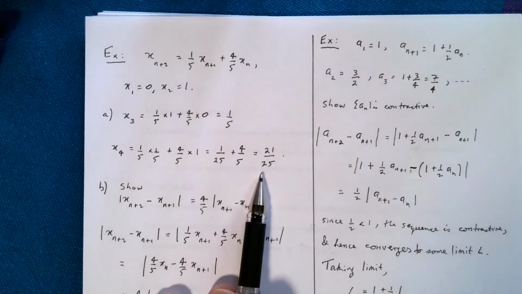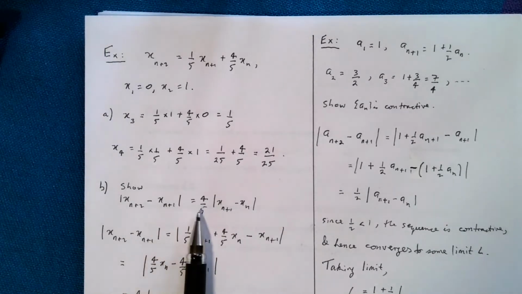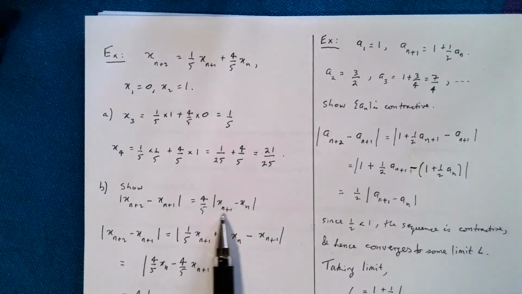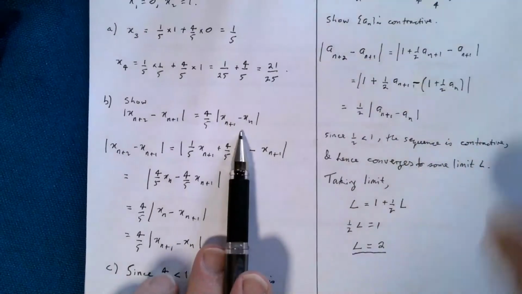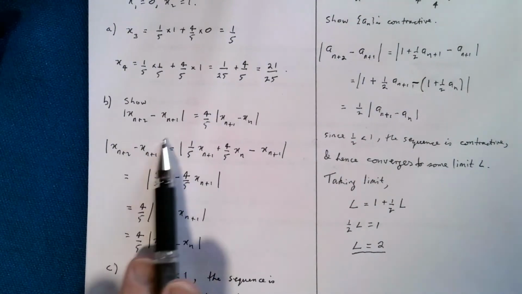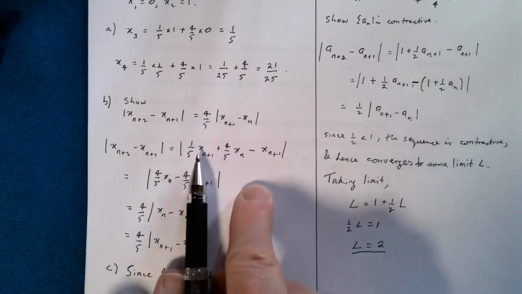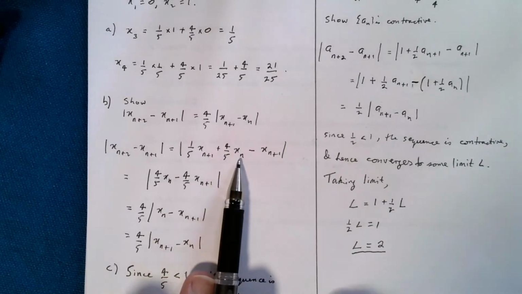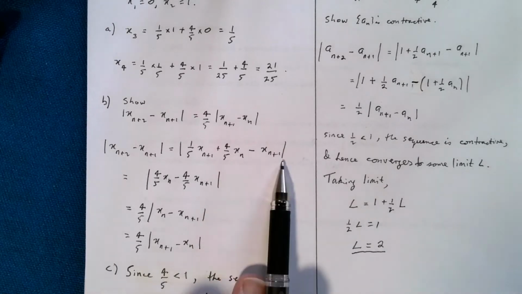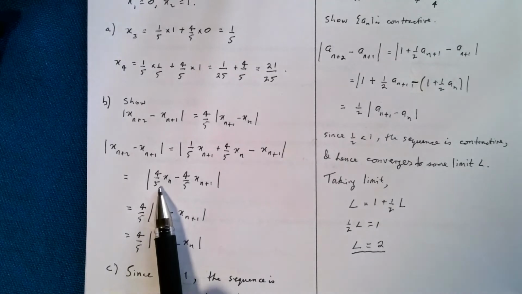Now, the next part said we had to show that the difference between any two terms is 4/5 times the difference of terms just back from there. So we simply plug it into the recurrence. So that minus that is the left-hand side. We can replace this one. It tells me this one is 4/5 times the term before that plus 1/5 times the term before that plus 4/5 times the term before that, and then I've got minus x_{n+1}, so that's 4/5 x_n, and then